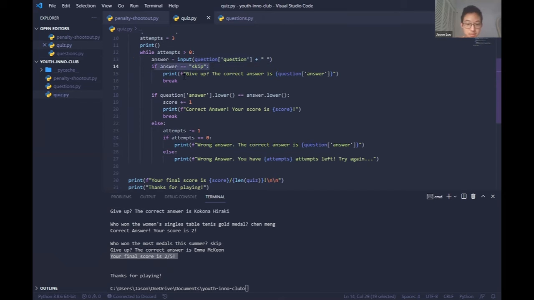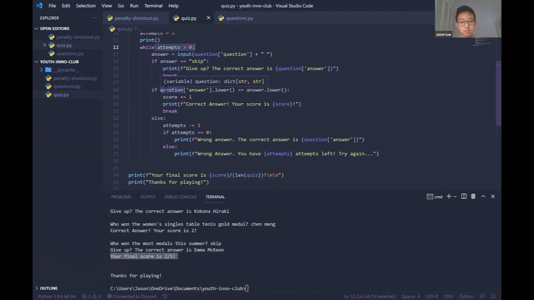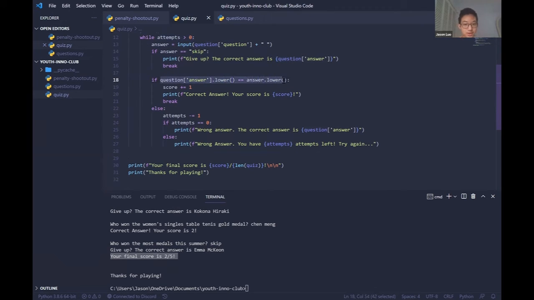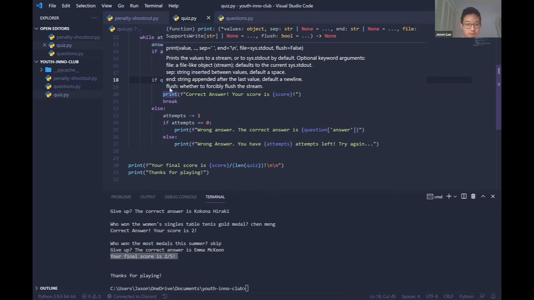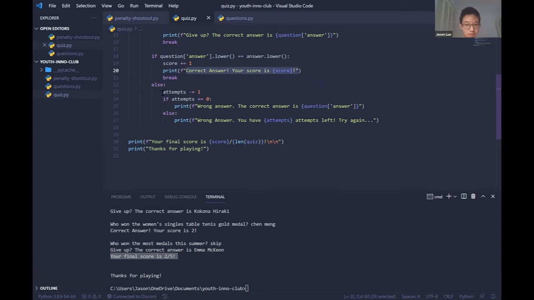If the answer equals skip, then it prints this. Basically, it tells you the correct answer and it breaks out of the loop. So that way you don't get more attempts, obviously, because you typed skip. The lowercase is just to make sure that if you accidentally type a capital letter, it won't mark it as wrong. So if the question's answer equals your answer, then it adds 1 to the score, and then it'll print out your score, of course. Otherwise, if your answer is not correct, then it subtracts 1 from the number